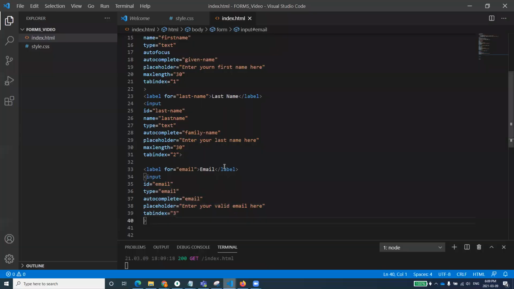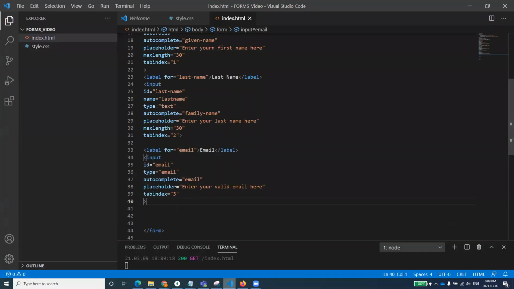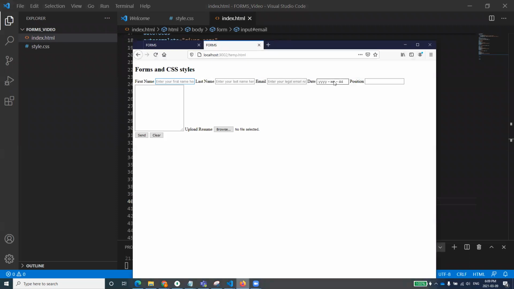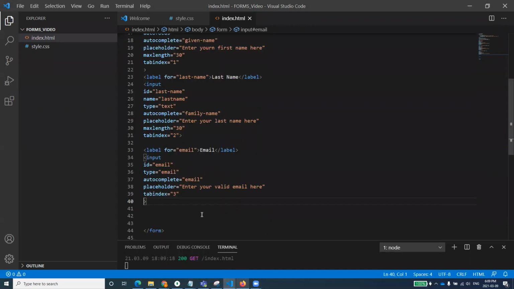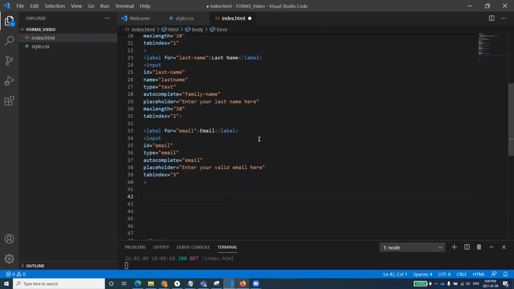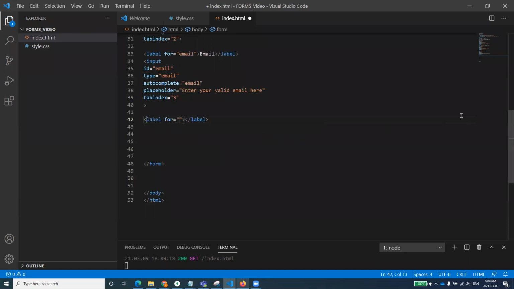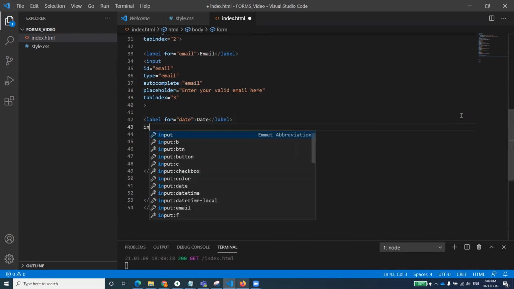All right, now we have got the next one. What is the next one? The next one is date, and date is very interesting, and I'll let you know why. So the same goes for the date. Quickly I'll make first the label for that, and this will be date, because I want the user to enter the date when they are filling out the form, and then I will be using input.